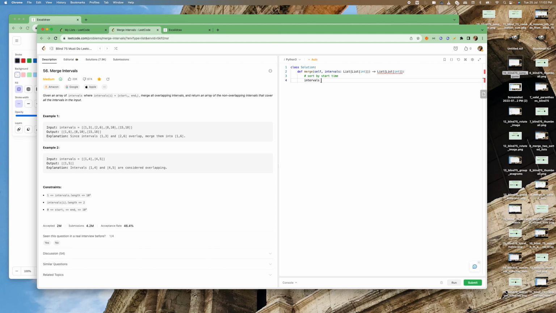So intervals is equal to sorted of intervals by what we need to sort by the first value, x equal to x of 0, which is the start time. And in the result, we start with the first interval, and what we do is for i in range of 1 comma len of intervals